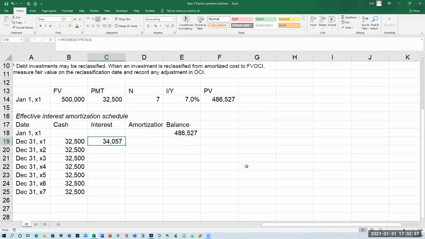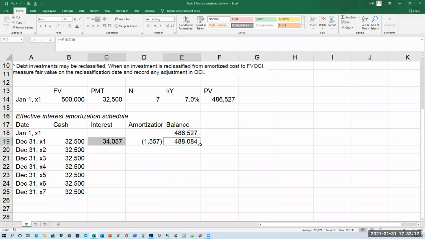So I've got that. So the first year's interest income is actually going to be 7% of 486,527. That works out to $34,057. Of course, the cash amount received is not enough to cover the interest. The difference acts as negative amortization. What negative amortization does, like amortization will lower the balance, negative amortization will basically increase the amount of the investment